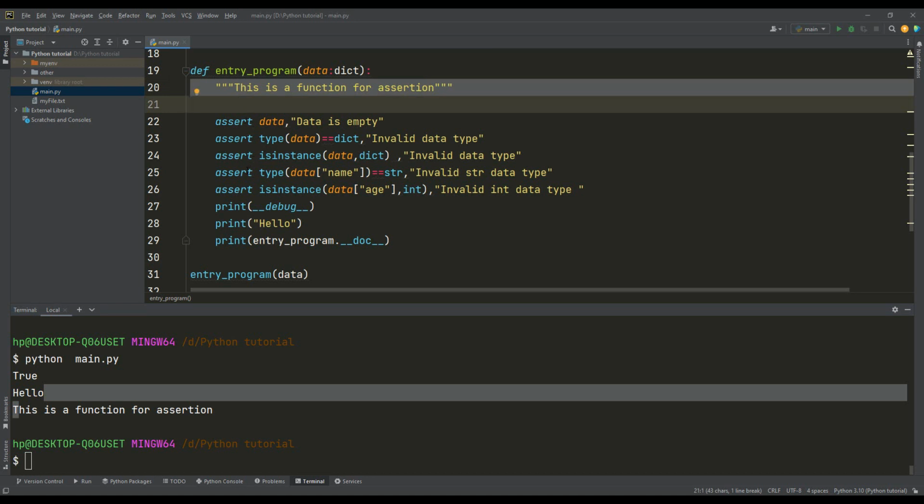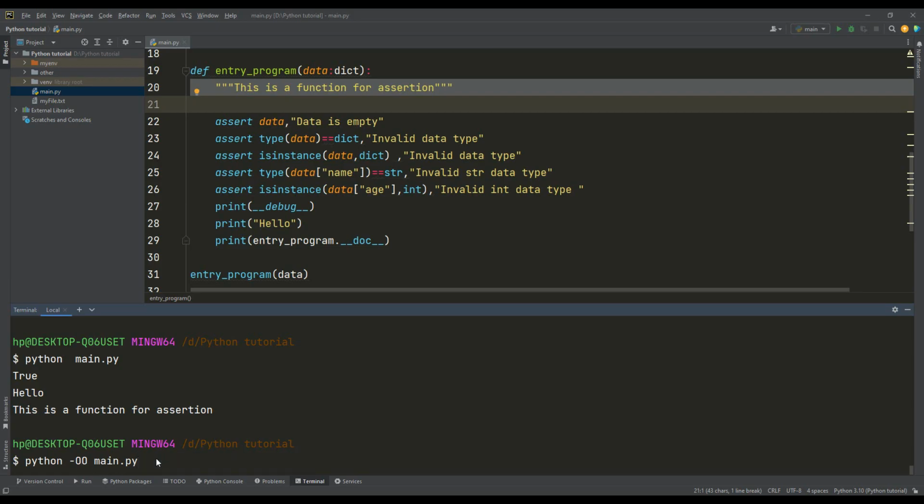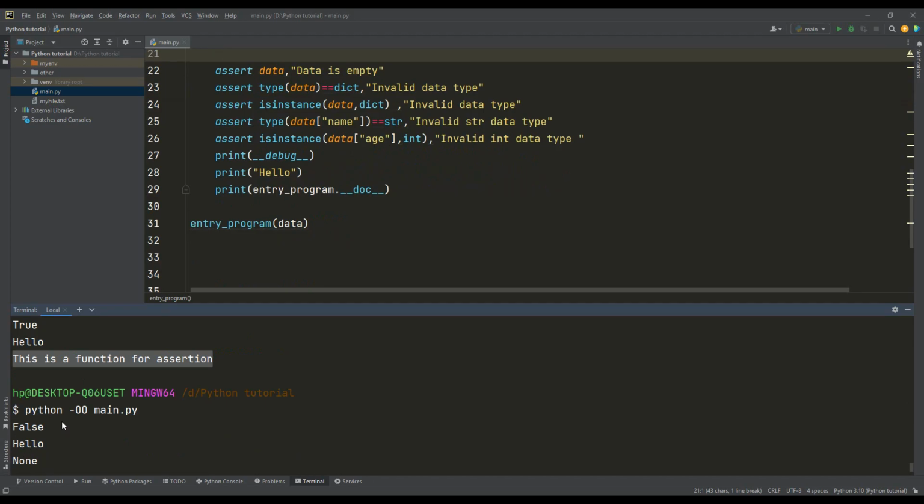Sometimes that will be annoying. Sometimes you will need to eliminate this text, but you want to keep it inside the function. What you will do at this stage, you can use Python dash oo, just remember this capital, and then main.py or the name of your file, and you press enter. Then this description or doc string will be removed, and you will not see it here,